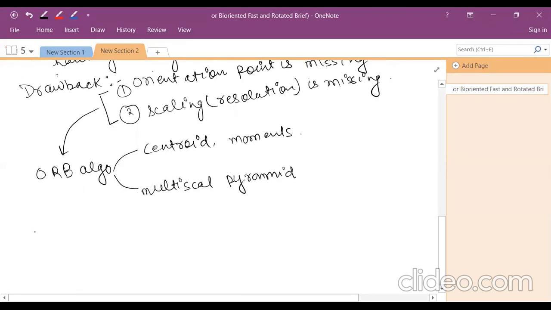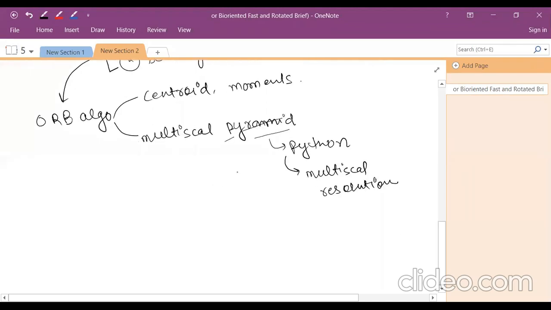In the multi-scale pyramid, ORB utilizes the pyramid feature, that is already a Python inbuilt function. After utilizing this pyramid feature, it has to convert the images into multi-scale resolutions. And after converting into the multi-scale resolution,